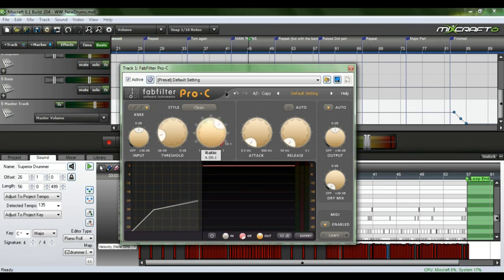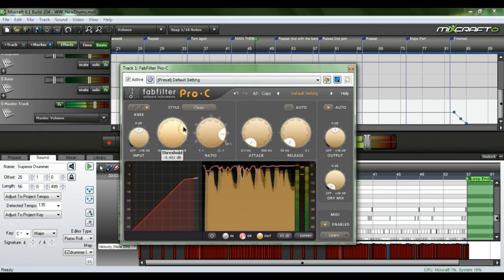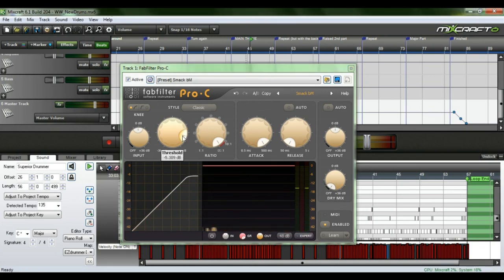I use like 3 to 5 for rhythm guitars, and then of course I put it up here. For drums we can be a little harsher, but I just put the ceiling on that a little higher. And this is a lot of stuff that Maximum Hamburgers, who actually mixes real drums, has kind of taught me, and I go a lot with that ideology now. So the ratio is really sharp, but it's also giving a lot of threshold, so I think that's a good